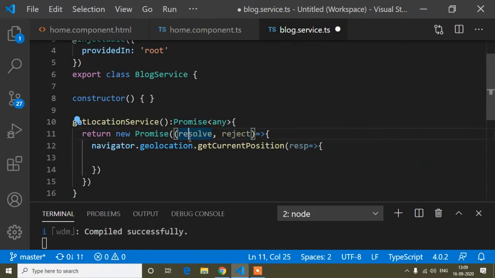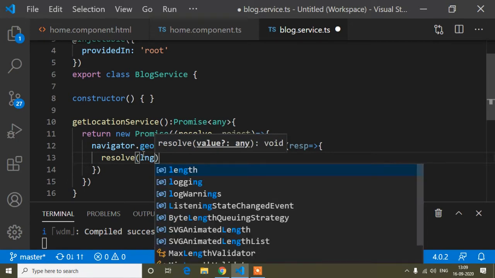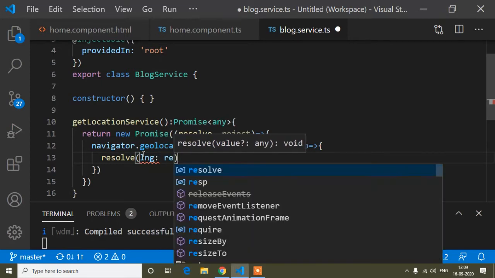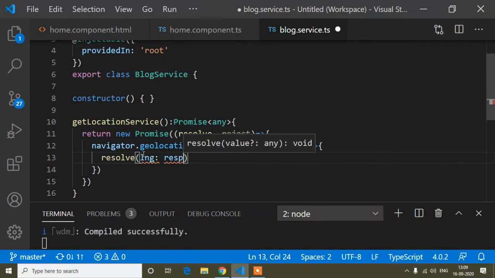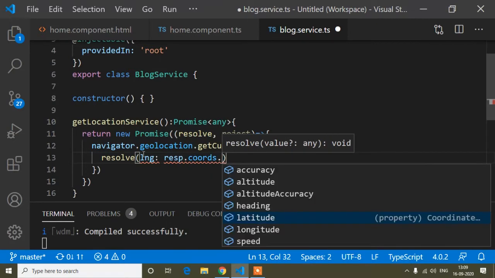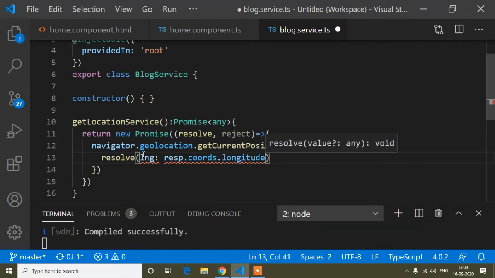So if the function executes successfully, inside this resolve I will pass lng, meaning long, and inside this lng, response dot coords dot longitude.